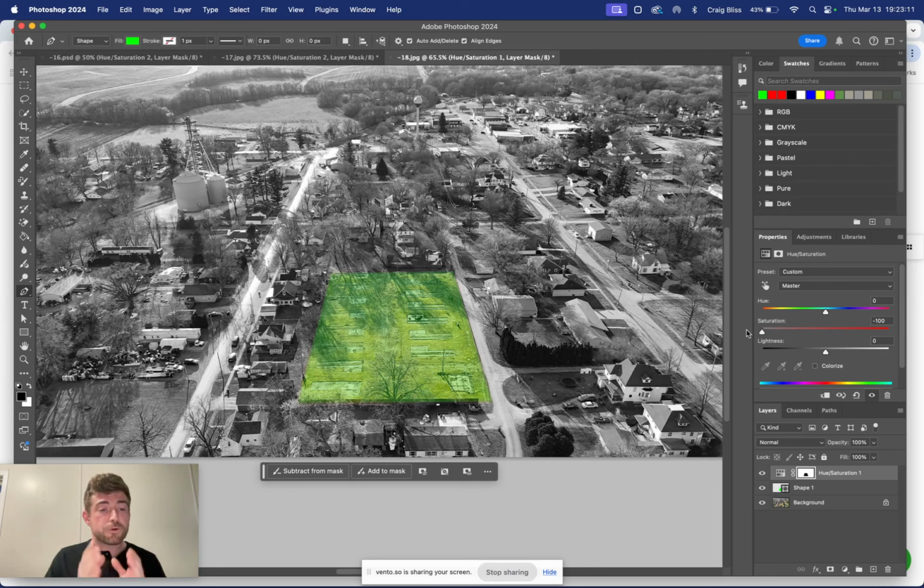This is just a super simple way that I do to add lot lines, boundary lines, that shadow effect around